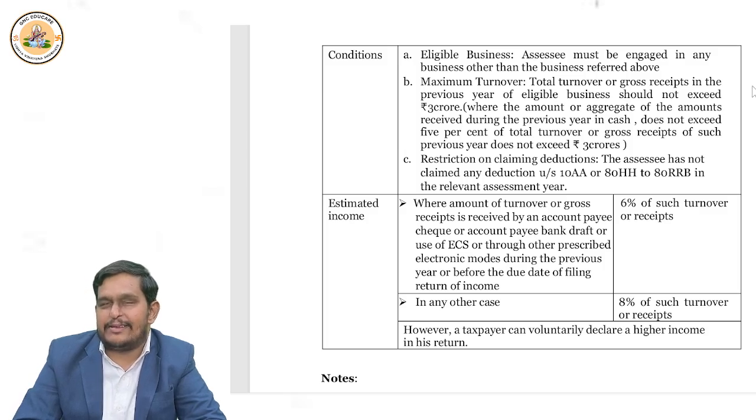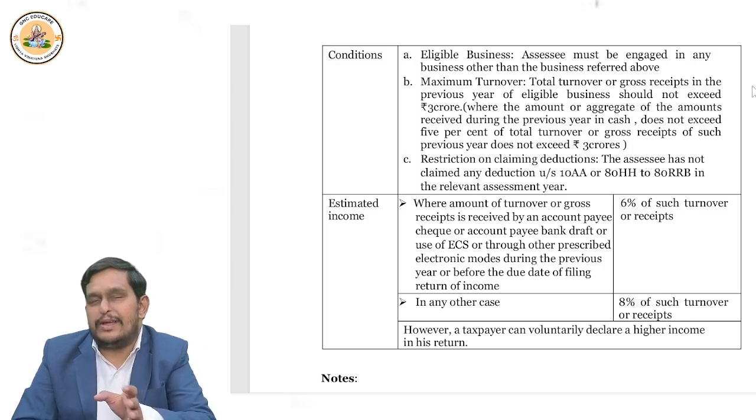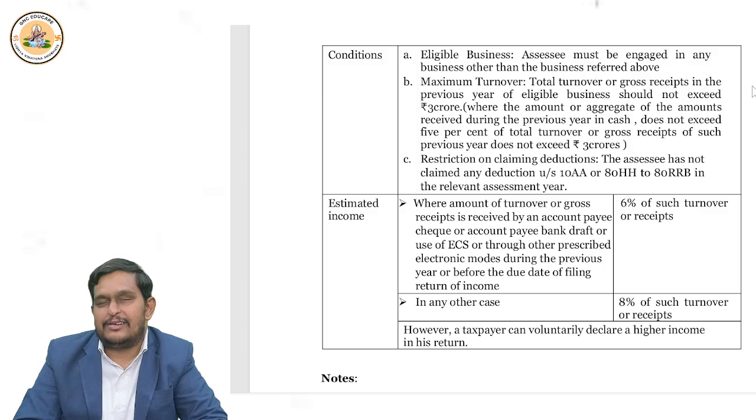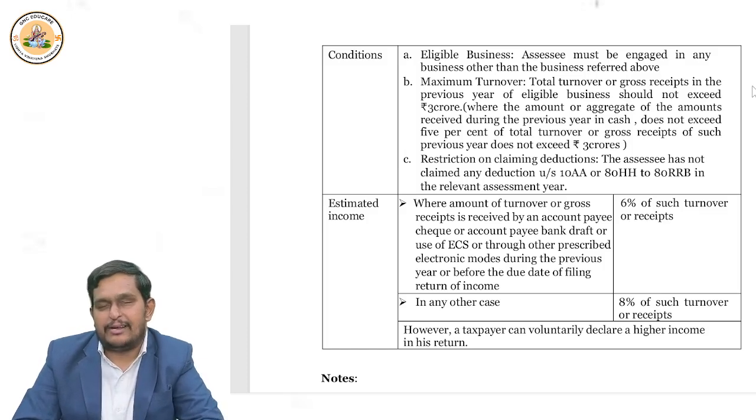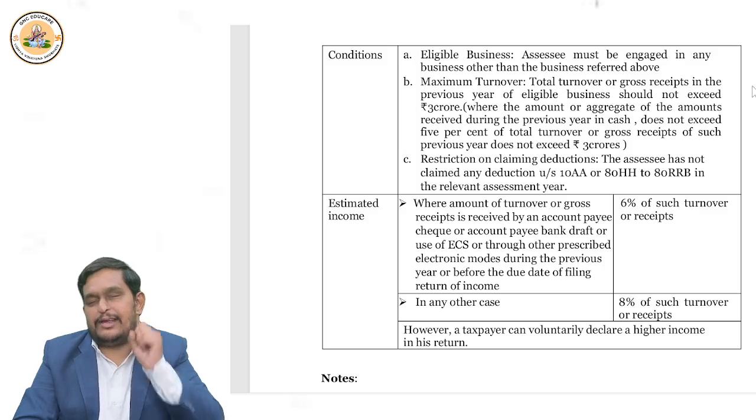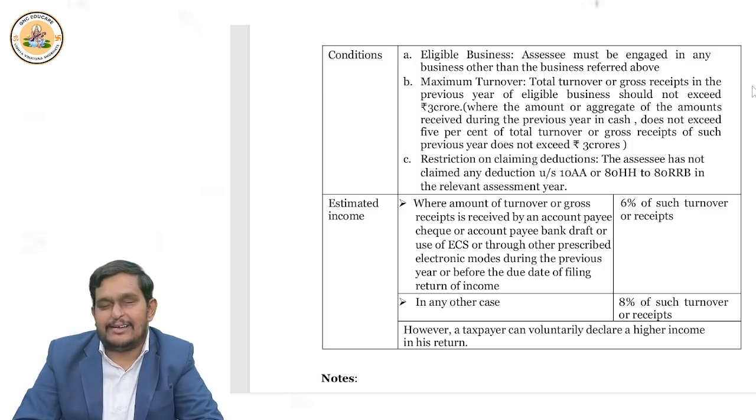Balance 95% or more through account payee cheque, through demand draft, then definitely the limit is 3 crores. In other case, 2 crores is the limit. So if it is less than this limit, then you can file return under ITR 4 and compute income under 44AD. Okay, right. Now, deductions. You can claim any deductions under 80C to 80U, but not